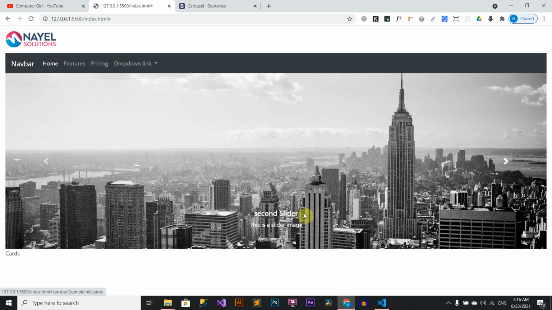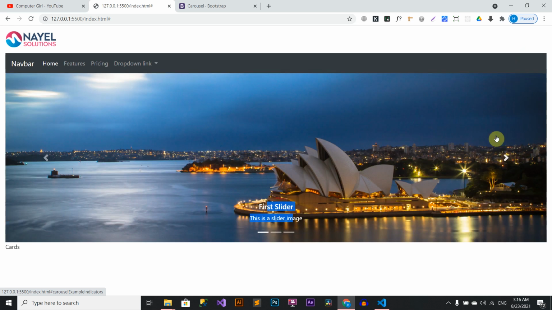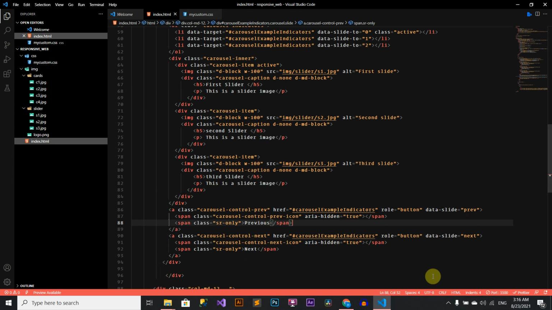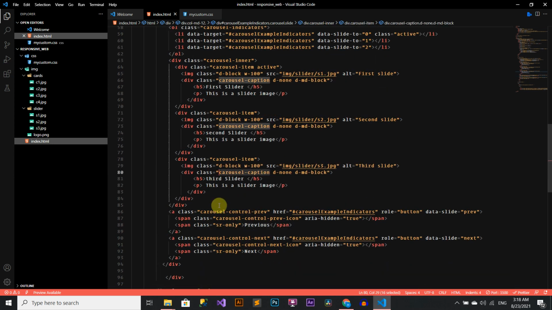Yeah, it works. We will change the background color of the text because it is not visible. We will give it black color. I will copy the carousel-caption class of Bootstrap.